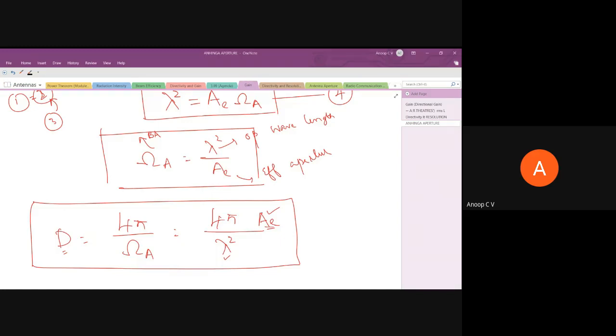Of course, this is how ER is equal to EA times AE times R by lambda. That part I didn't discuss. I'll discuss it only later when we derive the actual field expression of the dipole, or after I discuss the Friis transmission formula, the next topic, I'll be able to give you more idea on this. But for the time being, I want you to accept and appreciate that. That's it. Thank you so much.